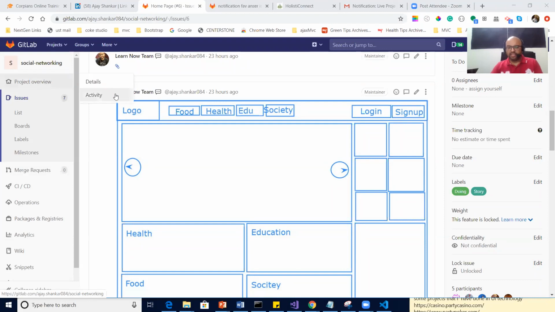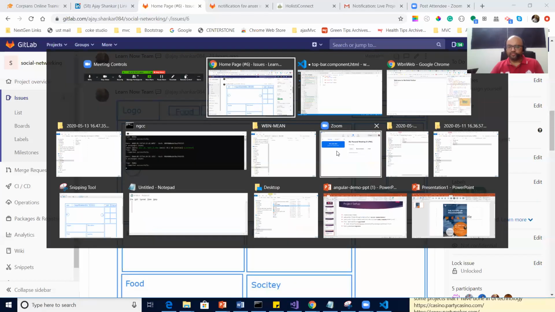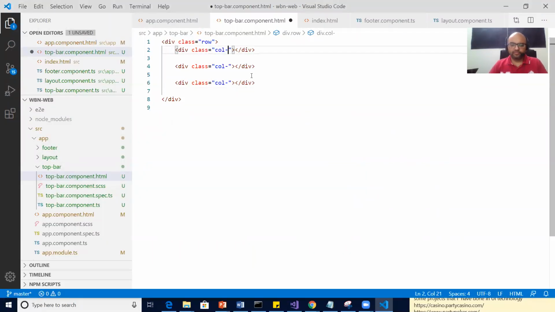What I'm saying is this section should be 3. Sorry. Or let's do one thing. We can have 2, 8, 2, because the center section has to be big. More nav bars are going to come. Correct? How about the 2, 8, 2 combination? If the last part is 2, then it may be smaller.